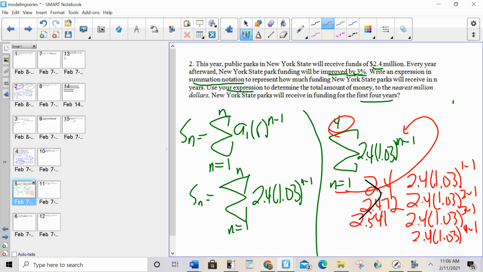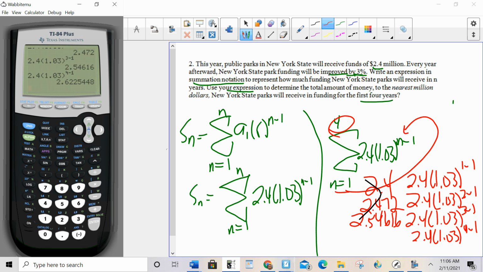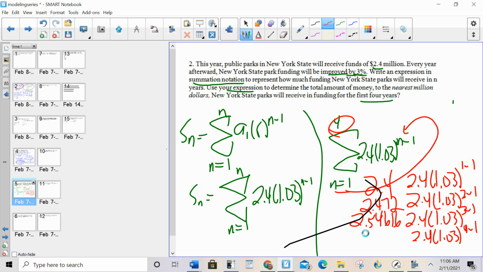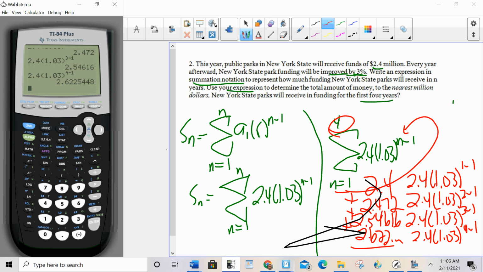And 2.622. I'm just going to write the dots, and then I add them together. I'm going to use the calculator to do that. I'm just going to copy and paste each of them. So I'm going to do the 2.4 plus the 2.472 plus